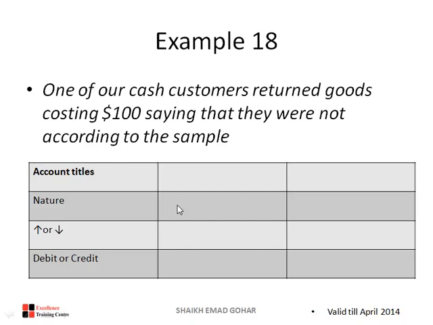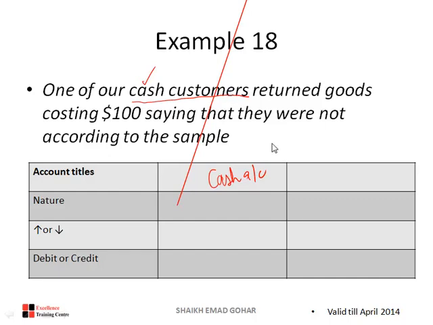One of our cash customers, it means I sold something on cash to a customer, returned goods costing $100, saying that they were not according to the sample. Same situation, but now the customer is a cash customer. So this time I will not use the word trade receivables. So what should I use? Because he gave me cash and now he is returning the goods, so I have to return him cash. So one thing will be cash